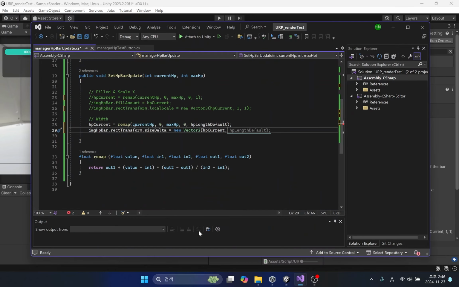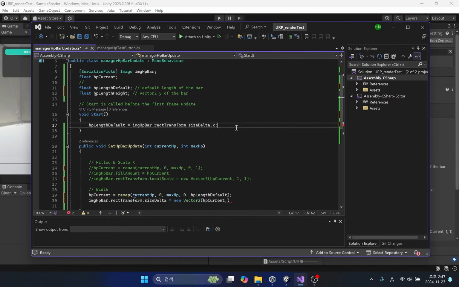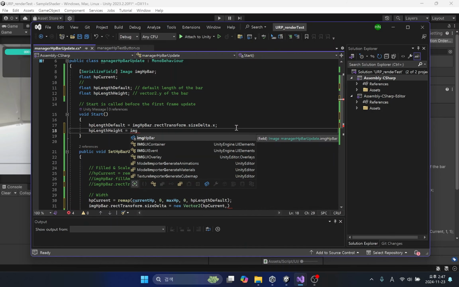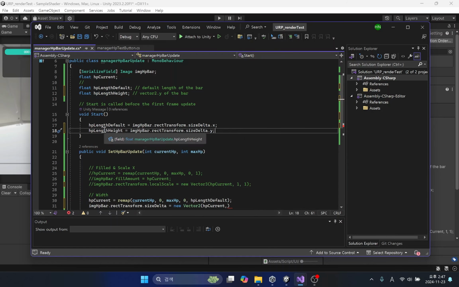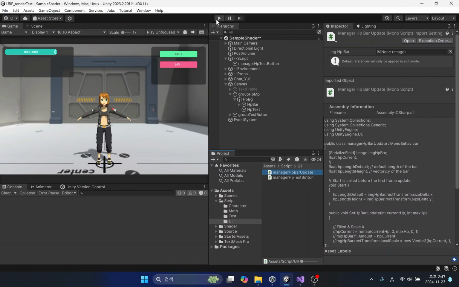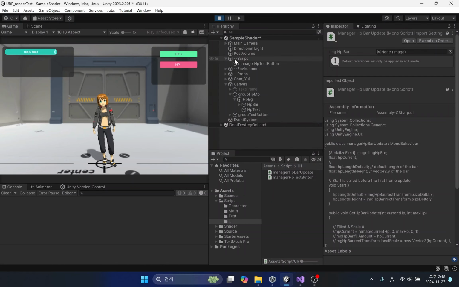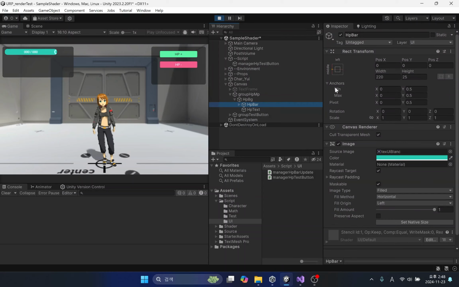Let's add a variable to store the height value of the image. You can see that the width value of the image changes without any problems.